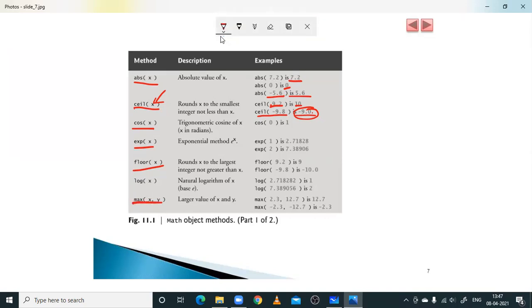This is a method used to find the maximum of two numbers. x and y are used, where the x value is 2.3 and y is 12.7. So the max value is 12.7. This is a default method available as part of the math object, so that we can use it directly by supplying the values into it.